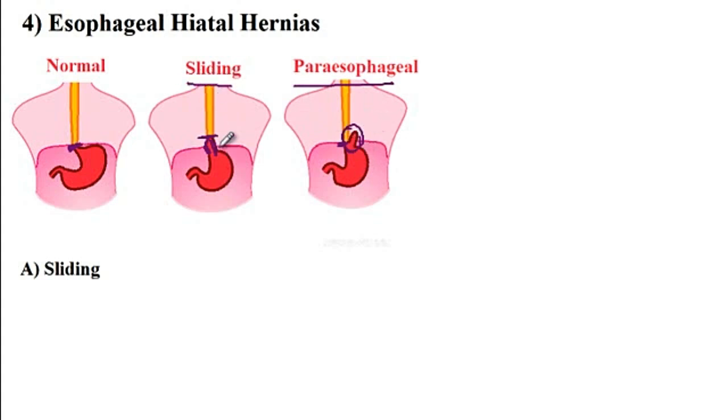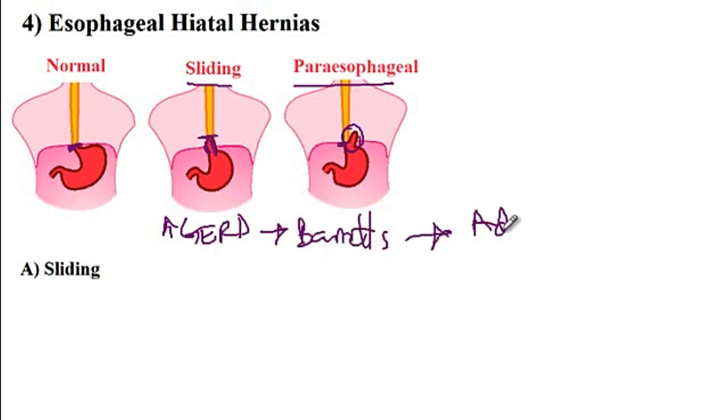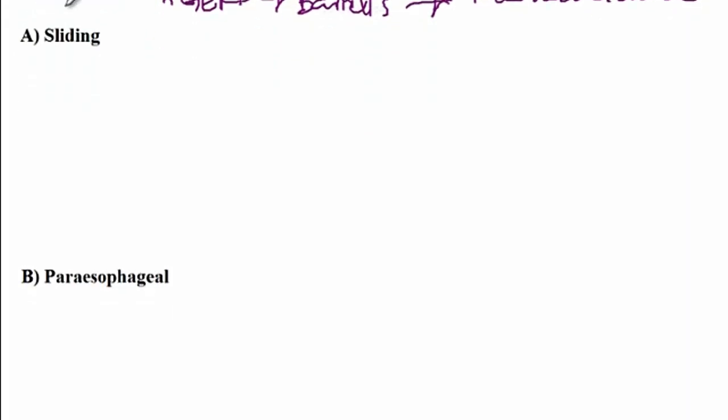So with the first condition, there is an increased risk of GERD, which can lead to metaplasia, and thus it can cause Barrett's esophagus and increase the risk of adenocarcinoma. While with the paraesophageal hernia, there is a risk of strangulation since part of the stomach is being stuck in the thorax area. So the first condition is sliding esophageal hernia, which accounts for more than 90% of the cases